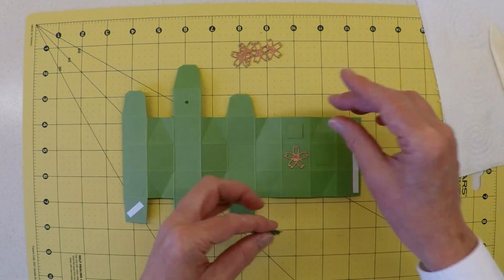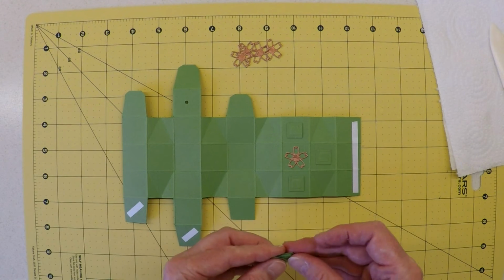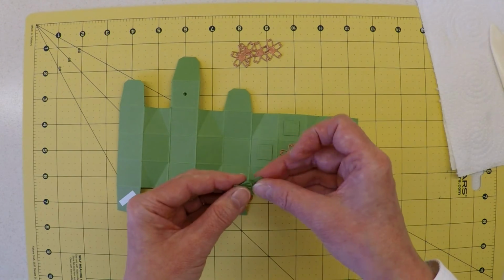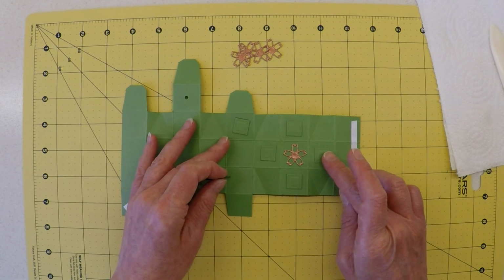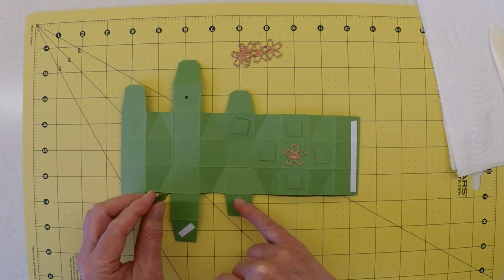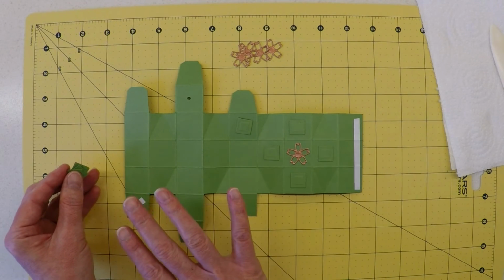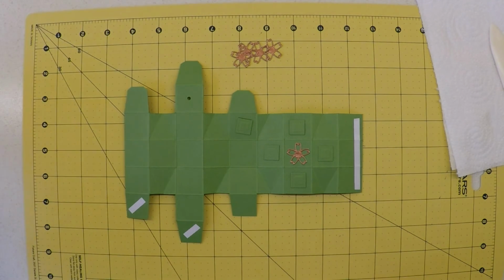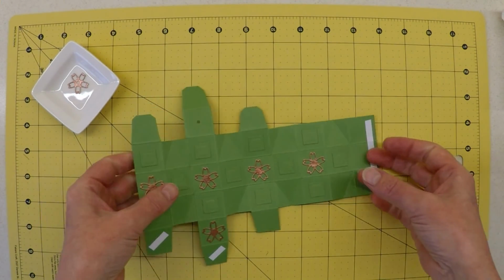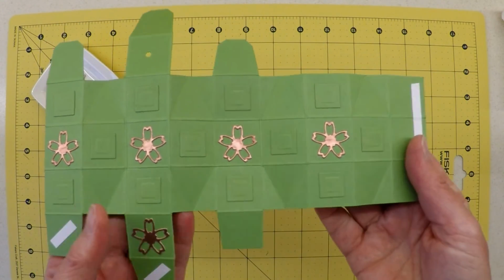All I will now say is that you'll have a pattern for reference, but I tend to work with all the squares first because they're just situated in a diagonal form. So once you've got that first one in, it's just working through the diagonals. There's a complete diagonal there, you can see, and it just leaves the spaces for the flowers. So I'm going to go ahead, put all of those on off camera, and I'll come back to you at that point. So apart from that remaining top flower, that's all of our embellishments applied,